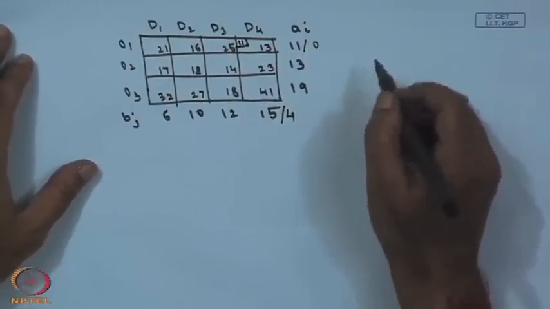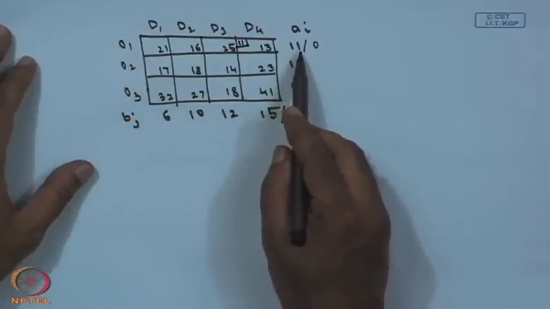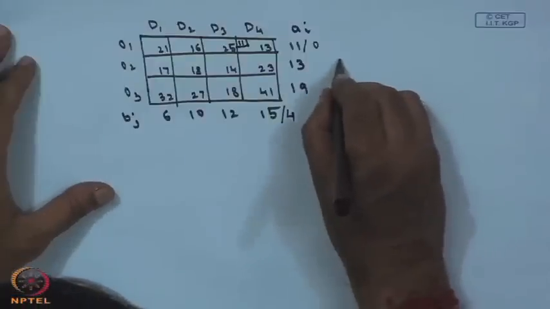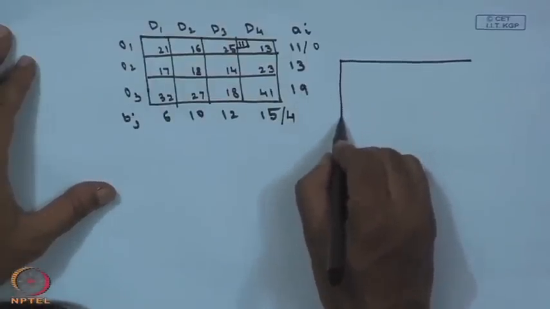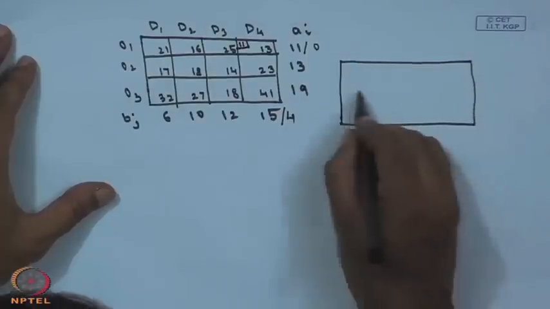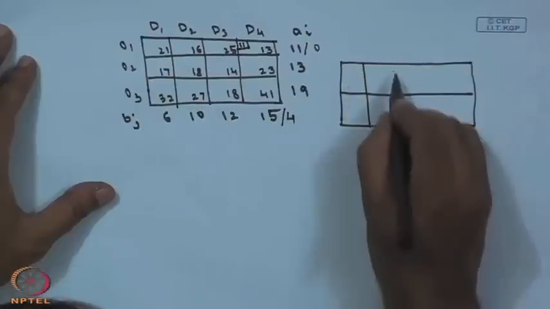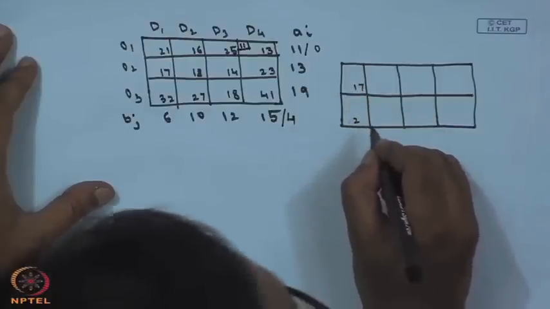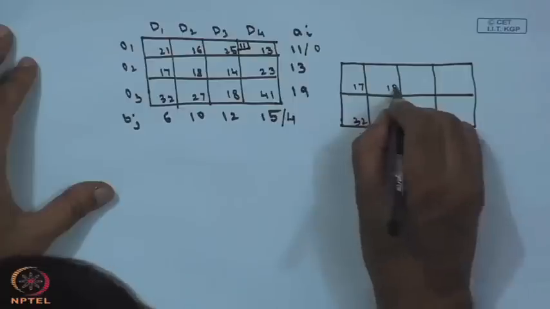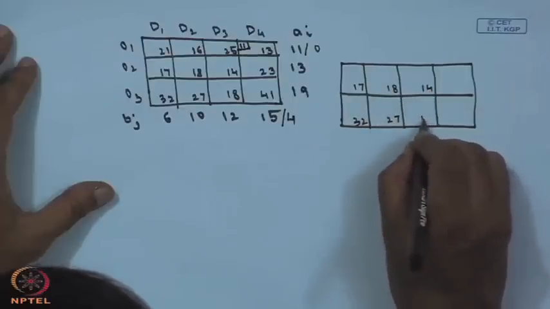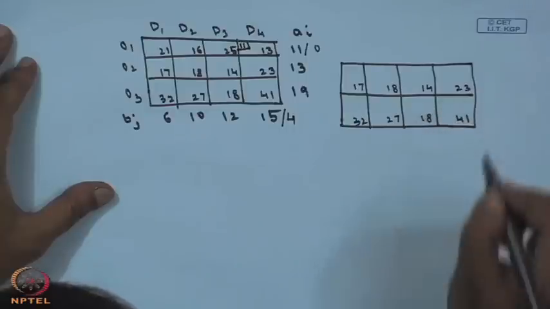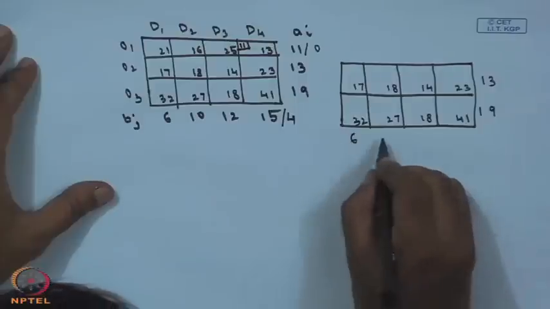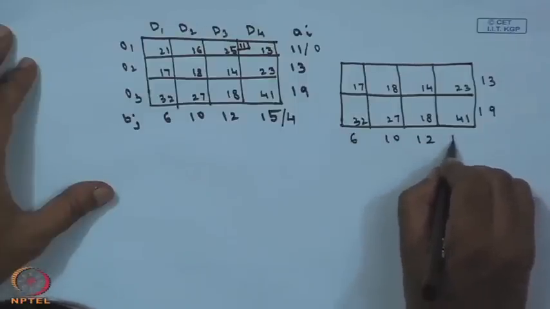Once I have drawn the first table, now what happens? If you see in the first row, I have already allocated 11 units of availability. So, availability is 0, and there is no use of this first row. So, in the next step, what can I do? I can delete the first row and work only with the 2 rows and 4 columns. So, what will be there? 17, 32, 18, 27, 14, 18, 23 and 41. Now, what are the availabilities? The availabilities are 13 and 19, whereas for the columns it is 6, 10, 12 and for the last one,